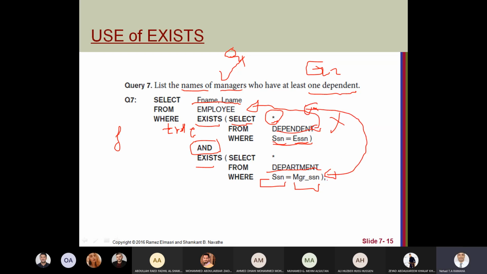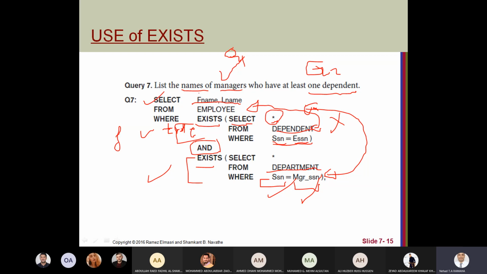Between employee and department, when the employee is a manager, this is the meaning. So this will return when the employee is a manager, and this will return when the employee has a dependent. If it's true that he has a dependent and true that he is a manager, then we get his name.